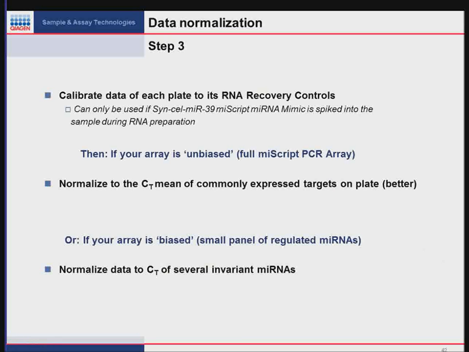The real data normalization is here. So when we do data normalization, the first thing we do is normalize to the RNA recovery control, the spike-in C. elegans mimic. And then if the array is unbiased, in other words, it's an array of all the microRNAs that are detectable in serum, an array of the top 384 microRNAs, an array of the whole micronome,